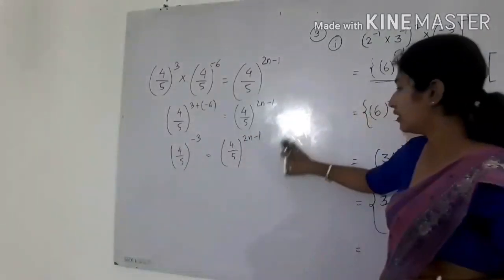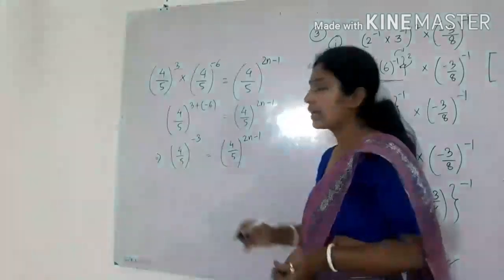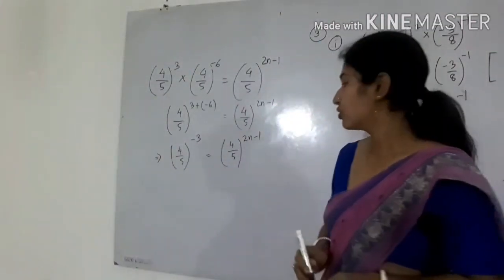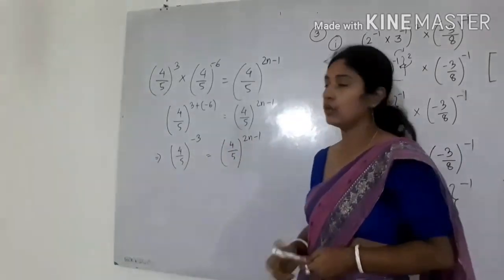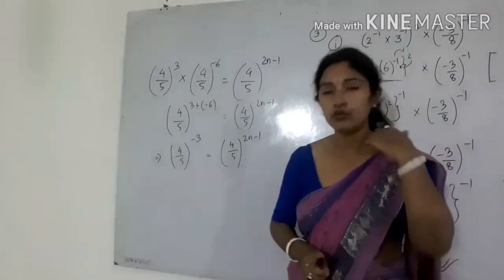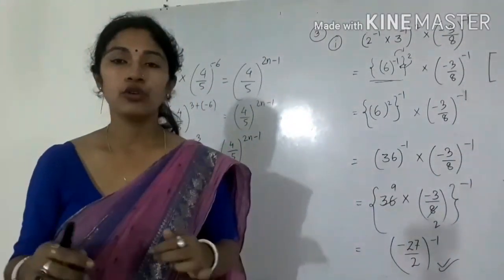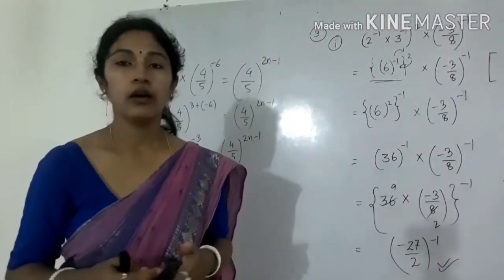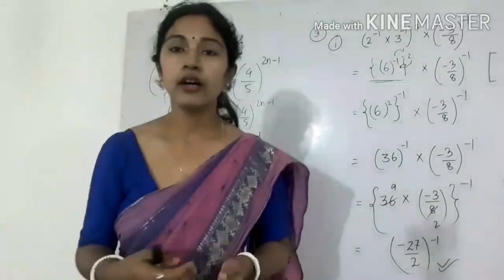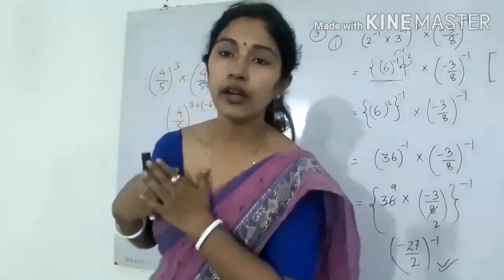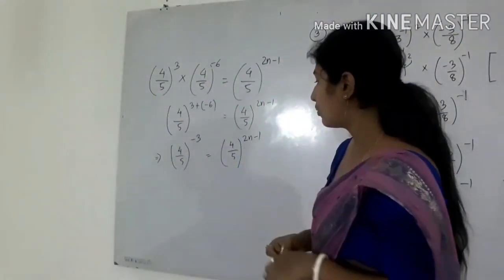See what we have done. Now the bases on both sides are same. So now we can equalize the powers easily. So you have to do simplification using the law and you have to equalize the base so that you can equate the power also. So by equating the power you can find the unknown quantity. So here the unknown quantity is n. So now you can equate the power.